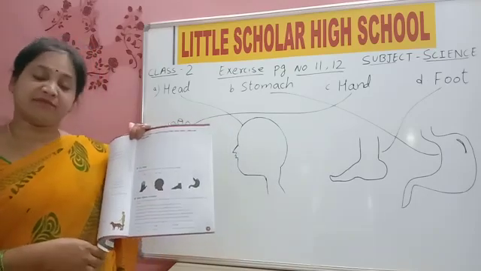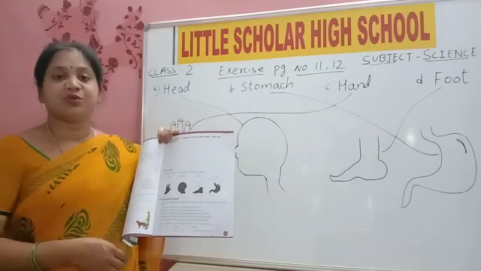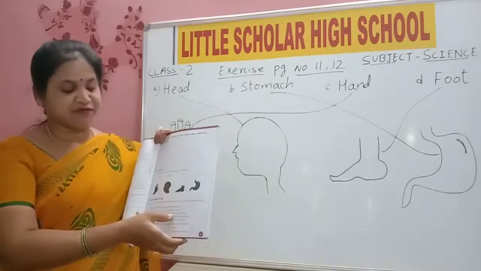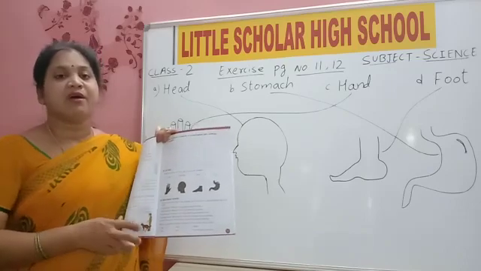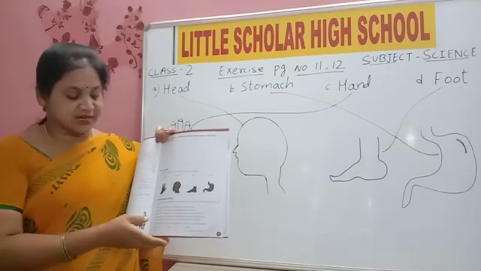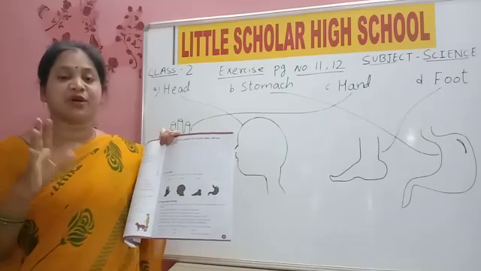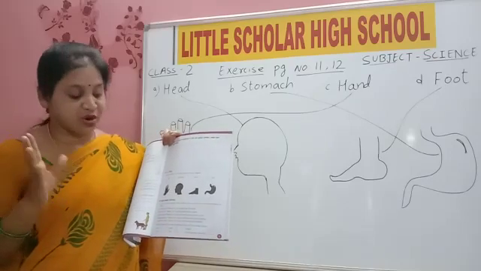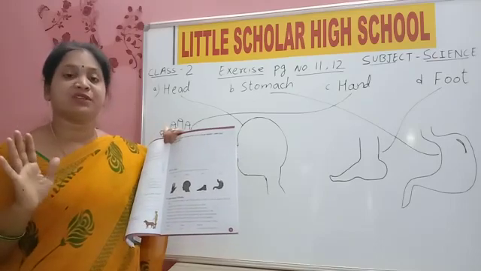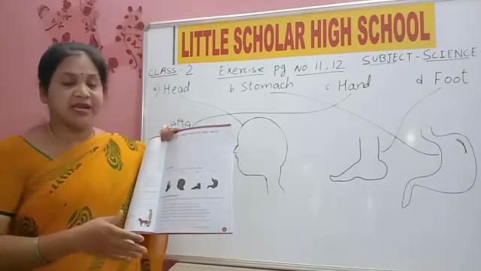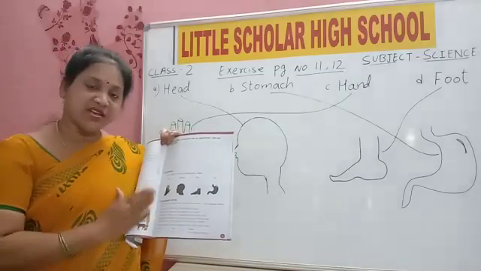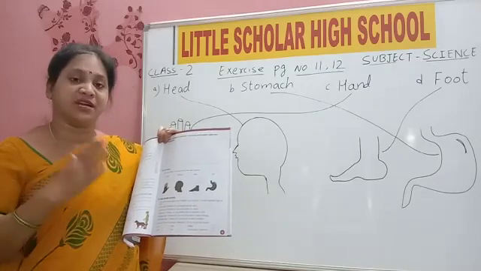Ears are saying that I am very important because without me you cannot hear any sound. Skin is saying that without me you cannot feel any warm or cold. Whether it is warm or cold, we cannot feel without skin. Then tongue says without me you cannot taste. Then nose says, I am very important because without me you cannot smell. Is it correct? No, they all are wrong because all these five sense organs are very important in our life.